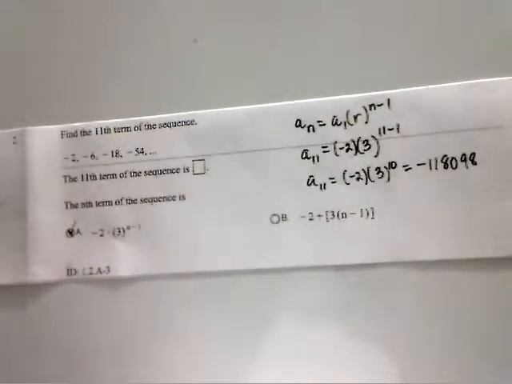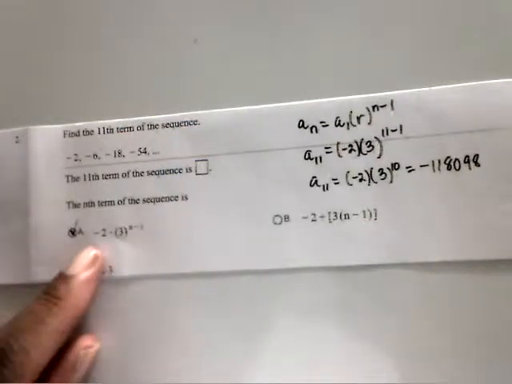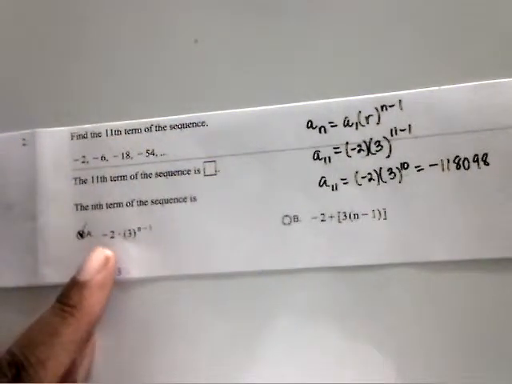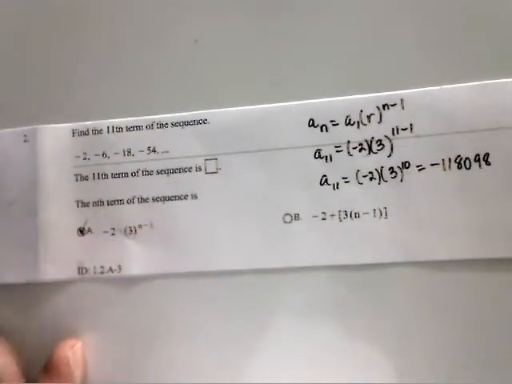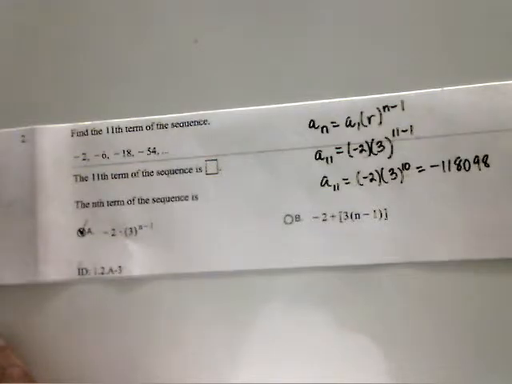So the 11th term in this particular sequence will be -118,098. And the nth term of any of this sequence would be this formula, -2 times 3 to the n minus 1. Okay. All right, number 3,